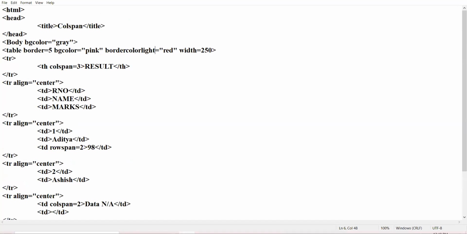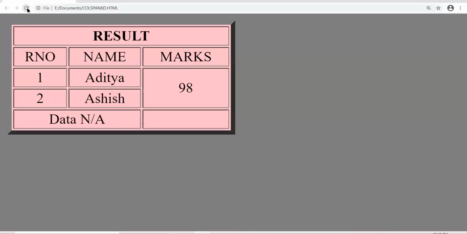One single word without any space. Let us see the browser view. Border is appearing on the right and at the bottom.